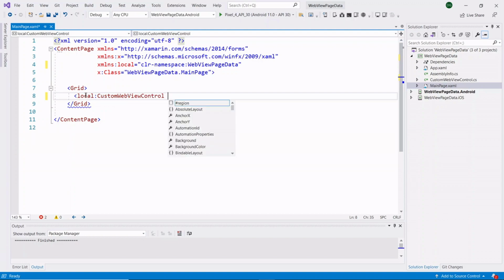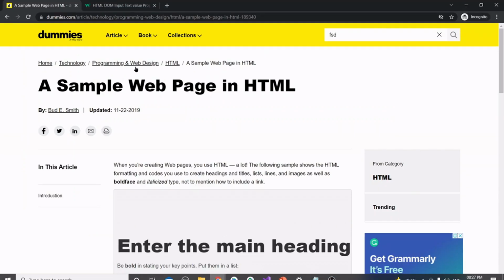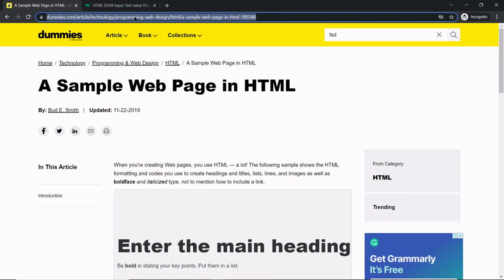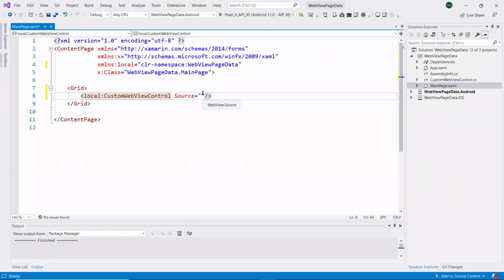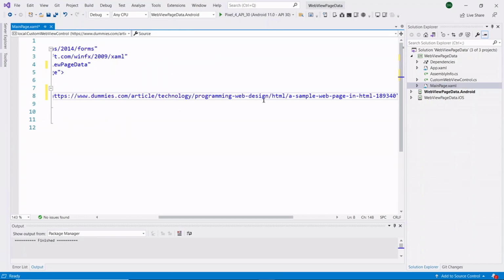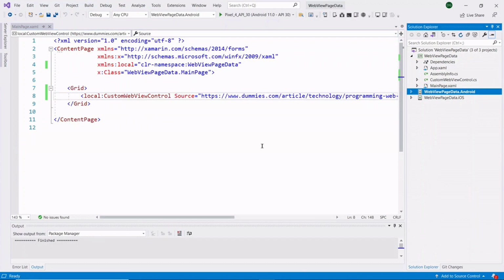Inside this WebView control, we have to assign our website URL to the Source property. So here we are taking our website URL. So this is the second step we need to follow.